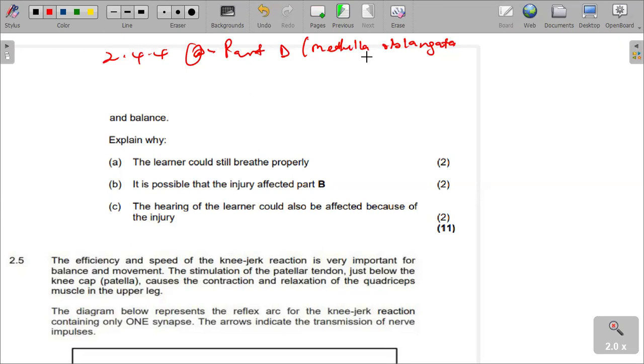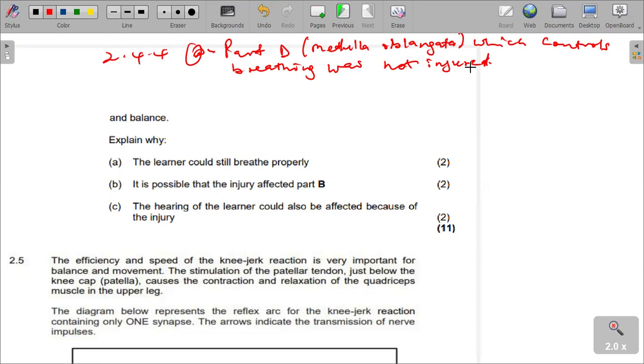Part D, the medulla oblongata, controls breathing, therefore it was not injured. That is the reason why the learner is still breathing. The learner suffered injuries during a rugby match, but the learner is still breathing because the medulla oblongata, part D, which controls breathing, was